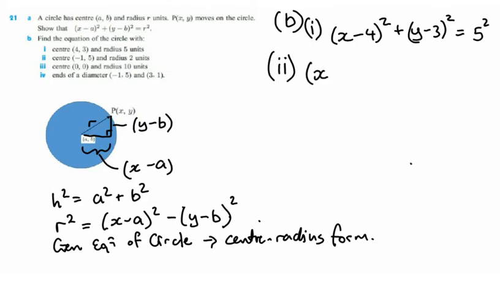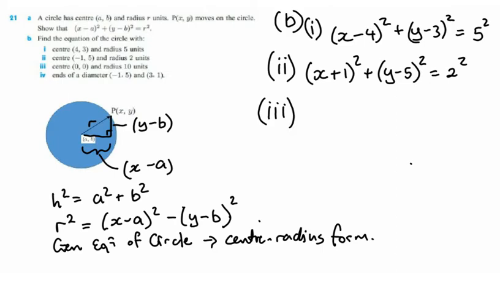X minus negative 1 will be x plus 1 squared plus y minus 5 all squared equals 2 squared. So you can see I just plug the coordinates of the centre where A and B go, and the radius, let's just square it and stick it at the end. The third one here,